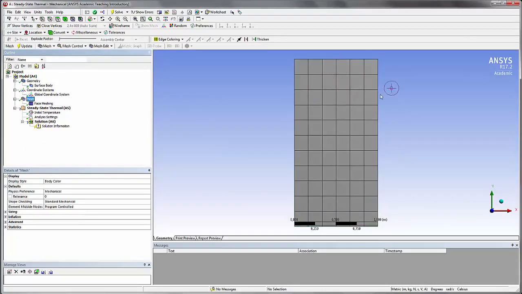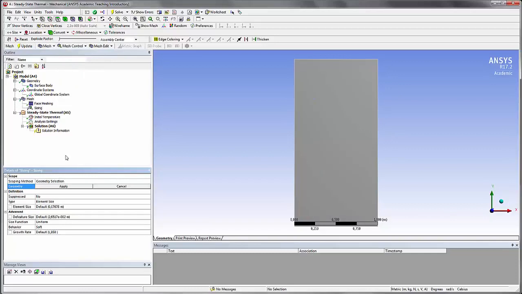Now it looks straight. Now if you want to change the number of elements on one face, we'll have to use the sizing. So we'll have to set a size, and you can either choose the surface or you can choose one of the edges. So here I will select the surface,